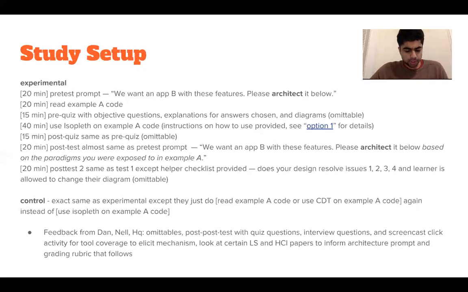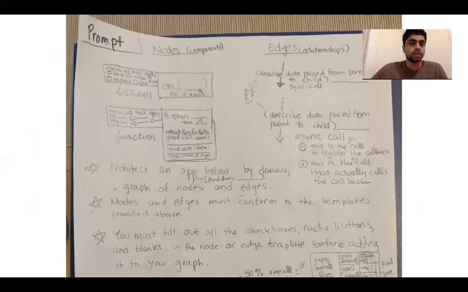Now, this procedure should measure learning, but I'd like to be clear on the specific prompt and grading rubric that we would have for learners when we tell them to go about architecting app B. This is the prompt. We would have learners draw a call graph, not very different from Isoplex.